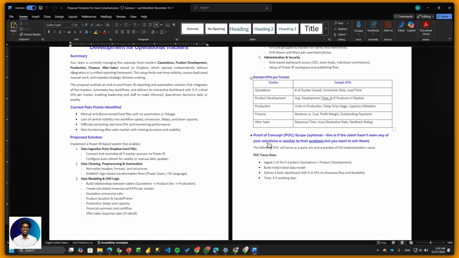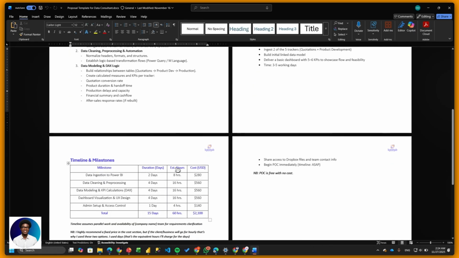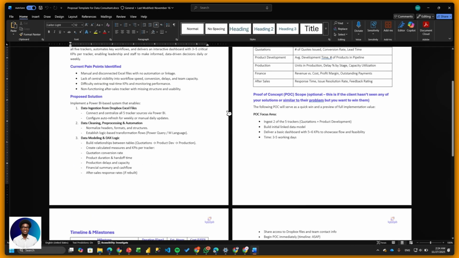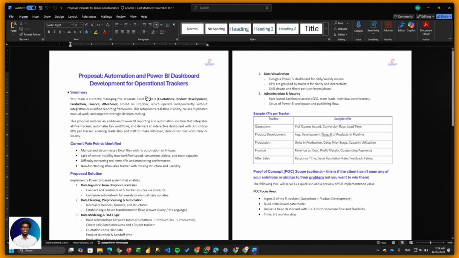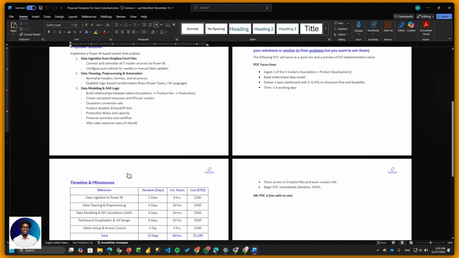So that's why I say it is optional. For example, if I haven't done a solution similar to their problem before, and they want to invest in you, this is one thing. This way you now charge your money. Then the timeline and milestones. I always add my calls to my milestones because I already pitched to these people. I tell them I'll send my proposal after our discovery call. Here I will know whether they want to work with me, because you are communicating the exact value to them on the first go and they can see whether this person understands this problem or not.